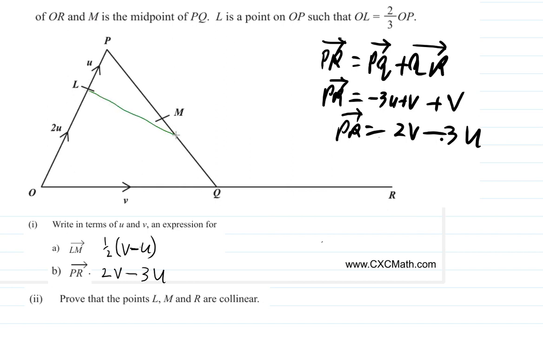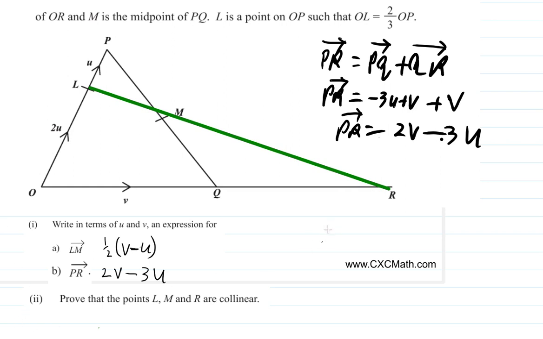So if you go L, M and R. Well, it doesn't look collinear on the diagram, but remember, it's not drawn to scale. They should lie on the same straight line. Now, when they lie on the same straight line,